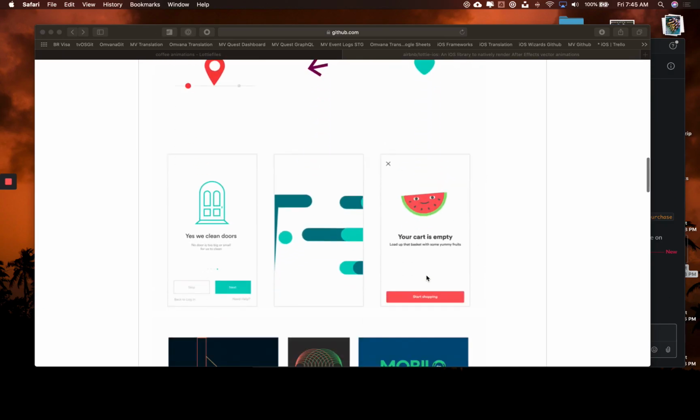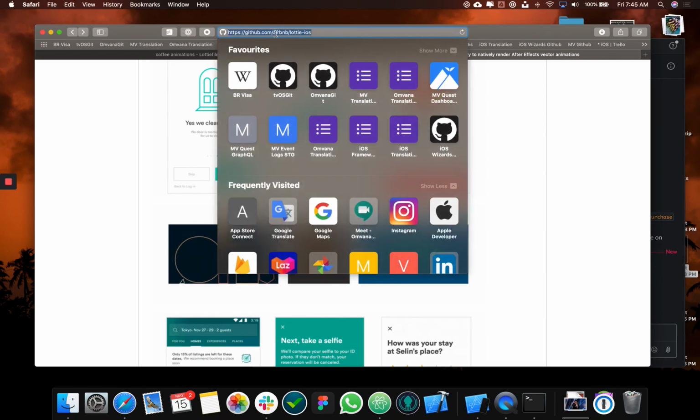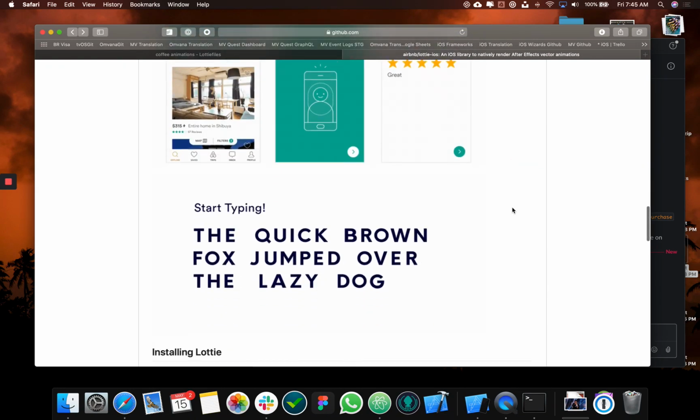Hello there, so here's Evandro Hoffman, and today we're going to be talking about how to integrate Lottie animations to our iOS apps. If you go to their documentation in GitHub, so it's github.com Airbnb Lottie iOS, and you navigate